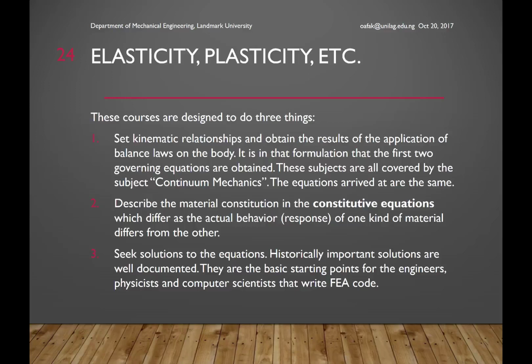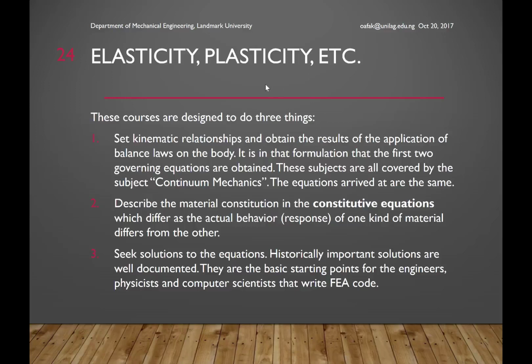These subjects are covered by the subject continuum mechanics, and the equations they arrive at are essentially the same for all materials because they are just expressing the natural laws which everyone is subject to. Remember, Newton says every body moves in a state of uniform motion or is in a state of rest unless a force acts on it. That means everybody, whether it is metal or water or human beings or animals, everybody.